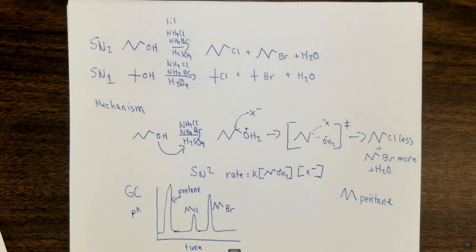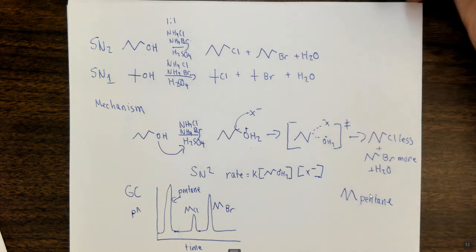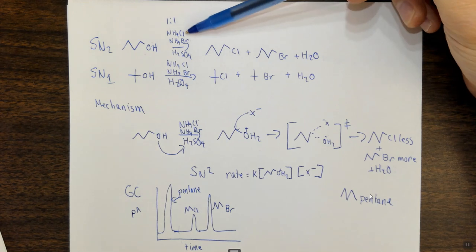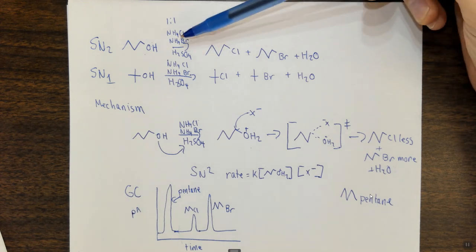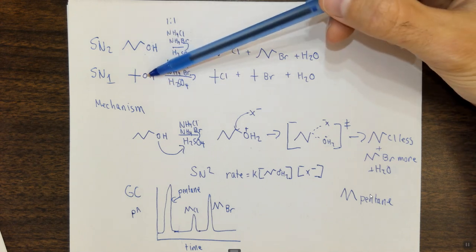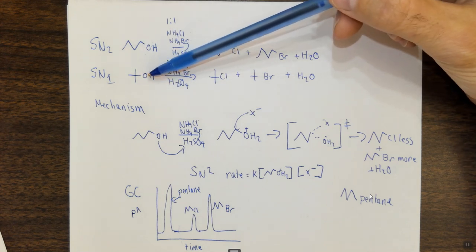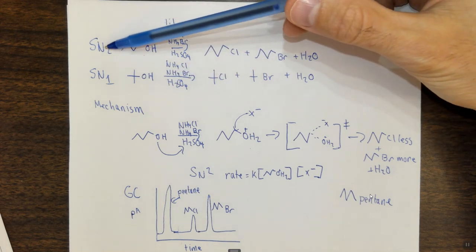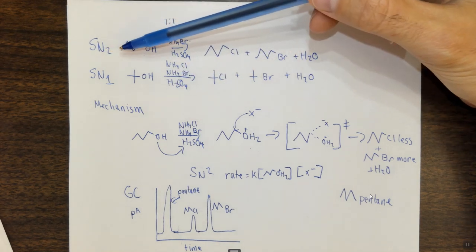You're going to have 40 to 50 milliliters of nucleophilic media because you have 30 grams of ice, 10 milliliters of concentrated sulfuric acid, and then about 10 grams of salts. Overall, you're going to have somewhere around 50 milliliters of solution. You're going to use half of that solution to do the SN2 reaction and half to do the SN1 reaction. Now, for the SN2 reaction, we actually need to heat up the reaction